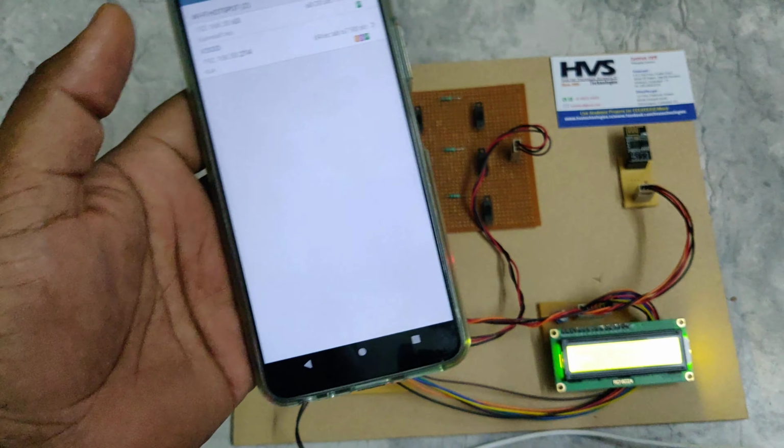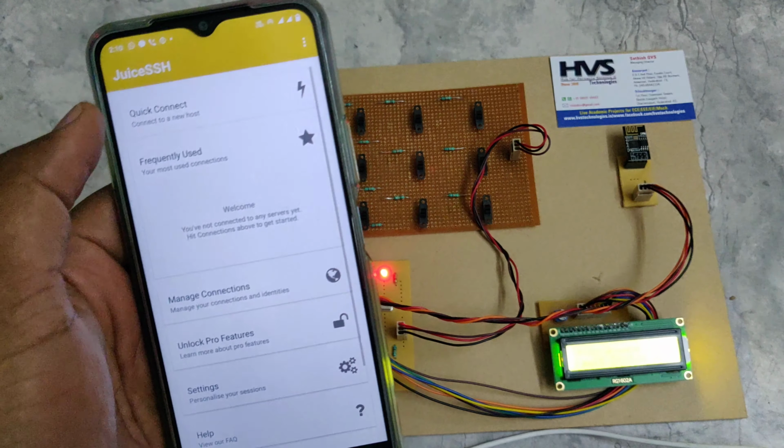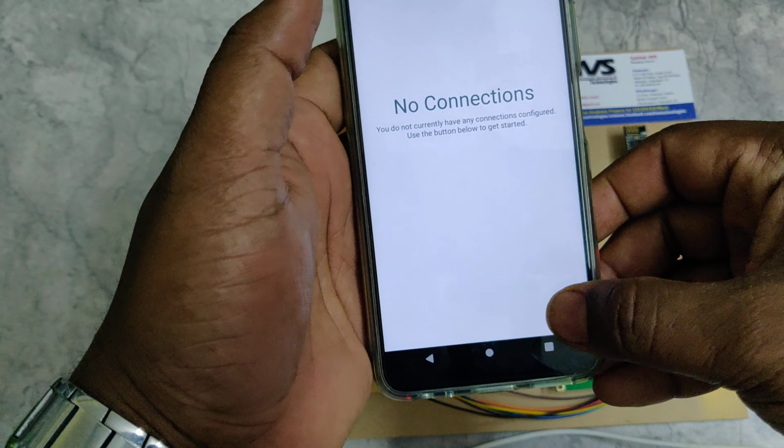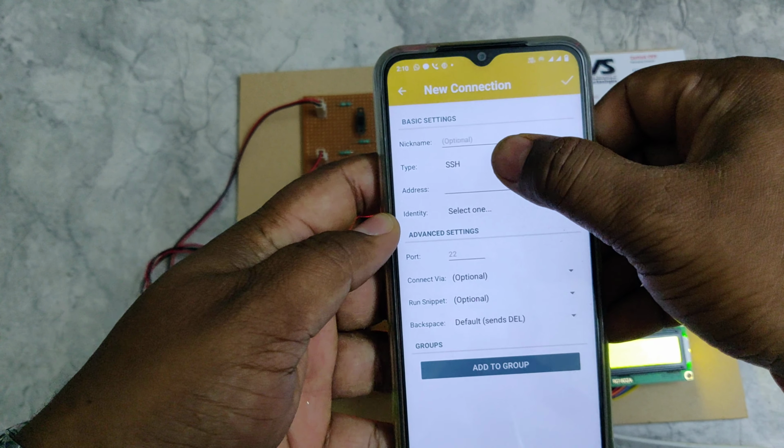192.168.50.63. Just note down the IP address and go to Juice SSH, then manage connections, click on add, and no need to enter the name.